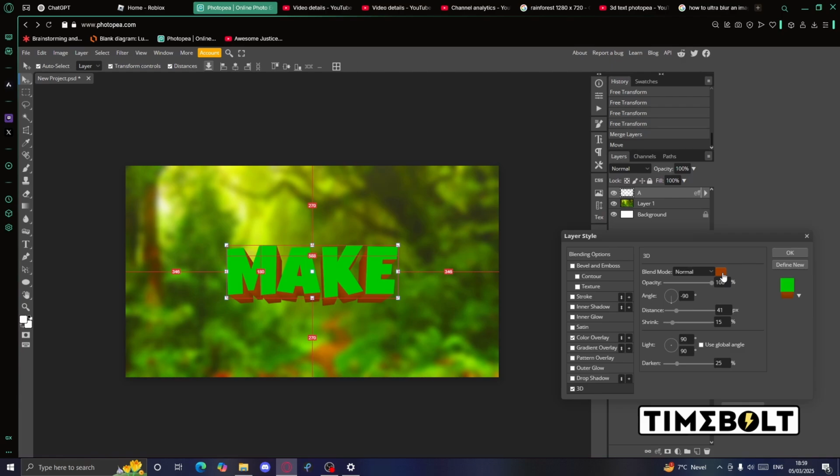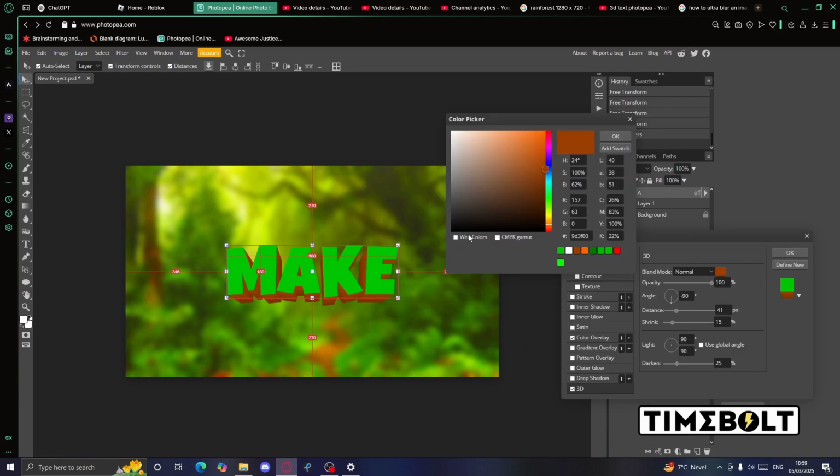And now for the color. Just click on the color, and when you're in the color picker and you go to the image, you should have a little crosshair. Basically, this will be like a color picker. Wherever the crosshair is, that's what color will be picked. So with your crosshair hovering over whatever color your text is, just press that, and the 3D will be the exact same color as the text, but obviously this doesn't look good. The way to make it look good is to keep it the exact same color, but make it darker. Yeah, that's literally it. Just make it darker, and then it looks good.